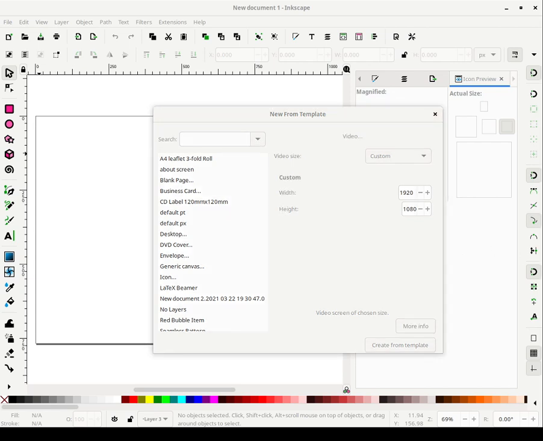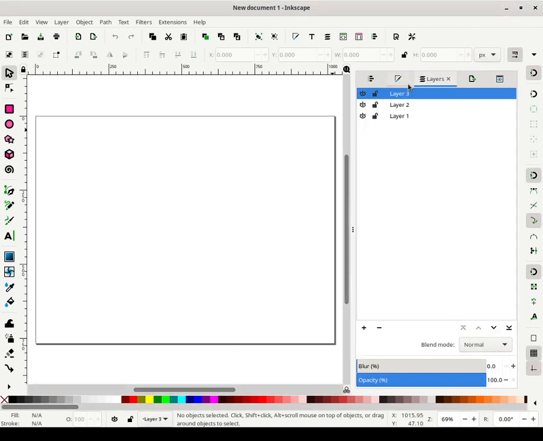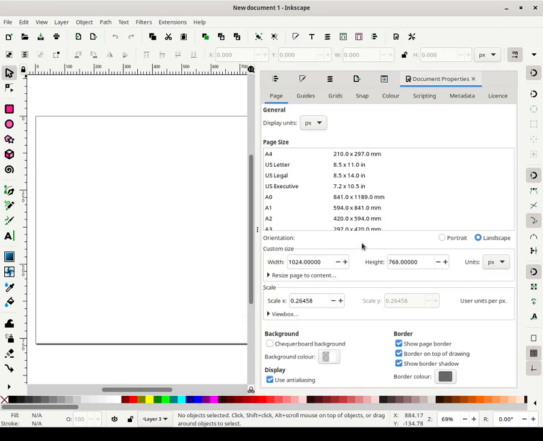Okay, but today I'm going to just use the default template that I would have created from before. And what I'm going to do is change the dimensions a little bit, because I want to create a comic strip. And oh yeah, I didn't explain what I was doing. I should have done that.